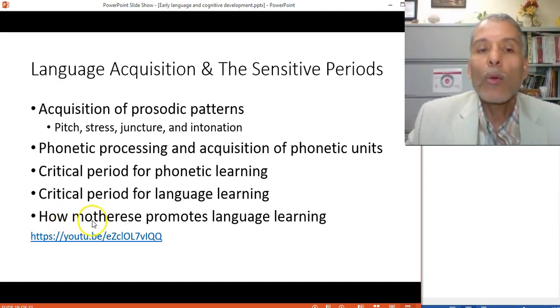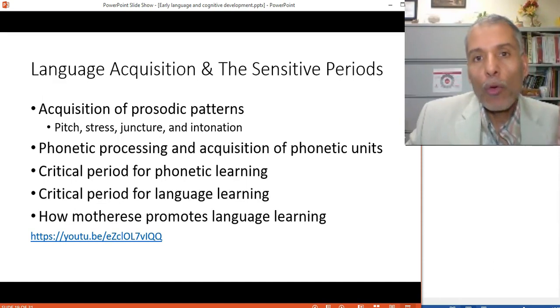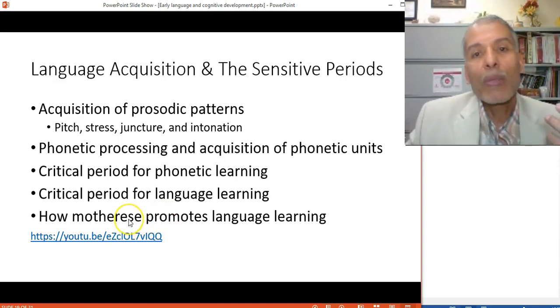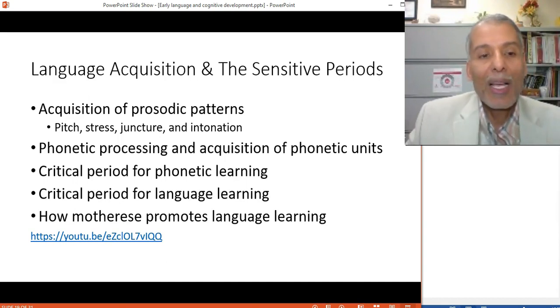The language that mothers naturally use, or that we as adults use with kids and babies, is distinctive and natural. Even 4-year-old children, when they speak with a baby, use that kind of high-pitched sound, and they slow down and speak in single words. That is called motherese. Sometimes now they use the term parentese because of gender equality, and you can listen to this video and see how it is used.